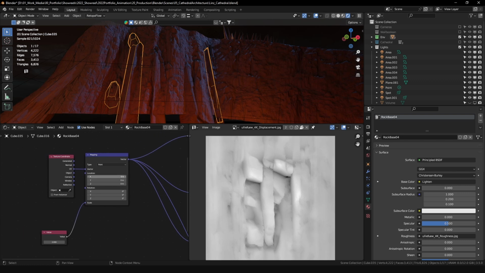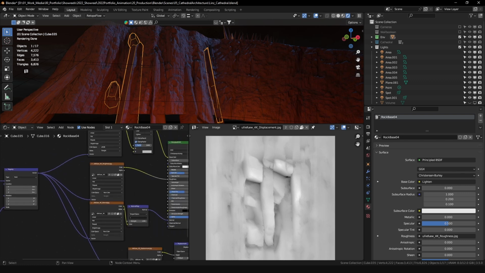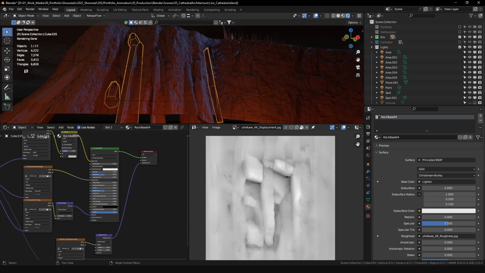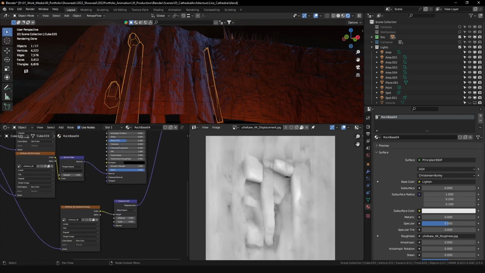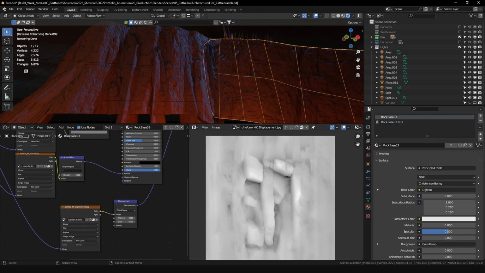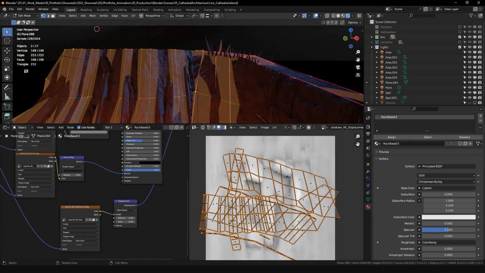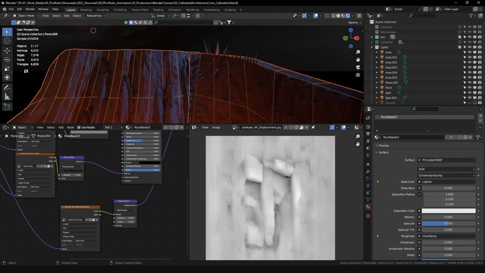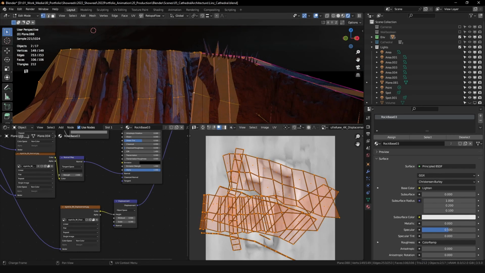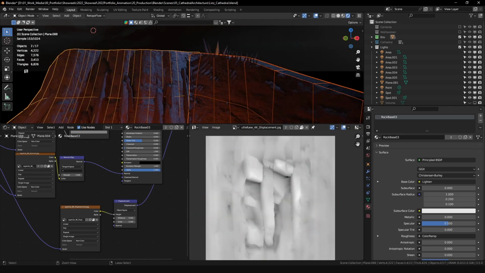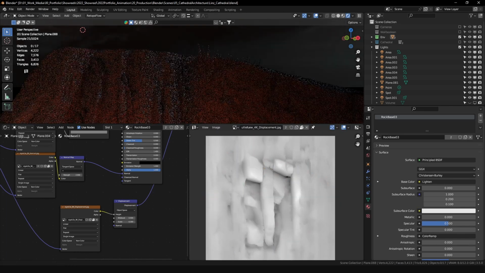Yeah, and this is the shader setup. It's really just a basic texture. I didn't do anything special. I just took a lot of time to find the right texture, the right displacement texture. And if I'm not mistaken, I think I rotated the UVs, pretty sure, because I messed with the rotation